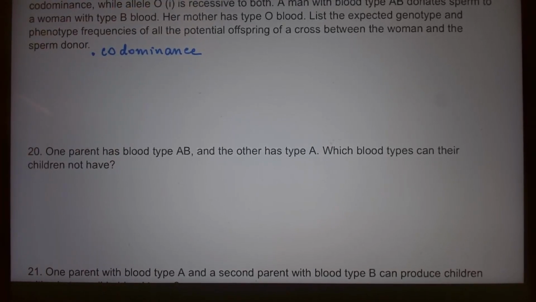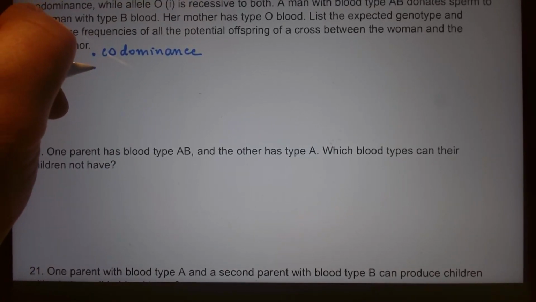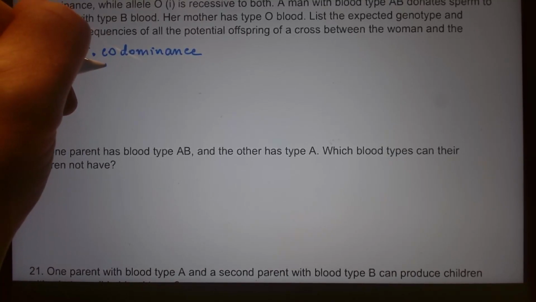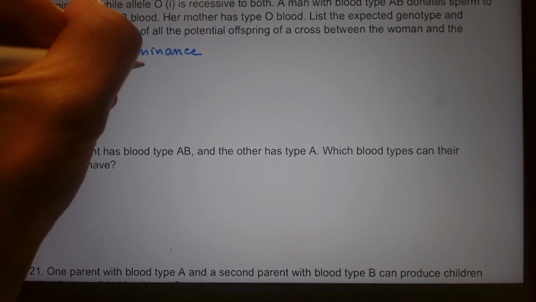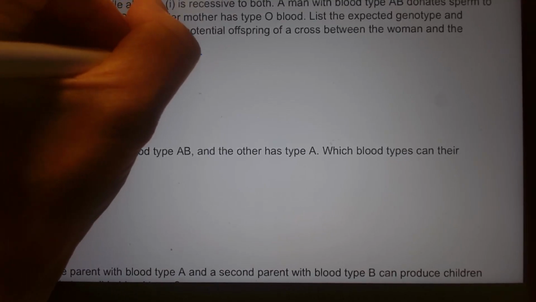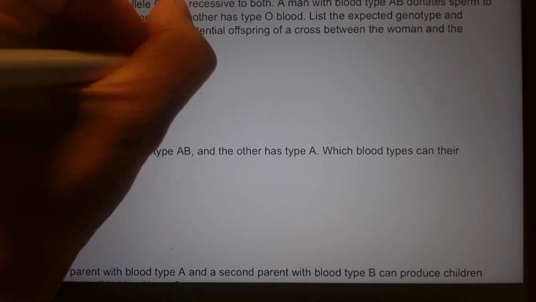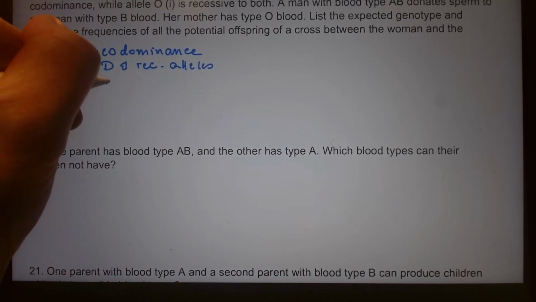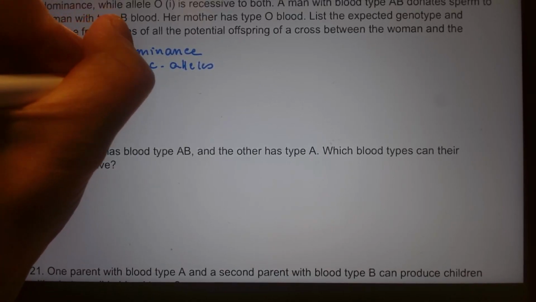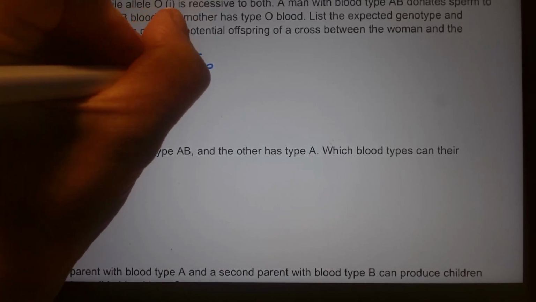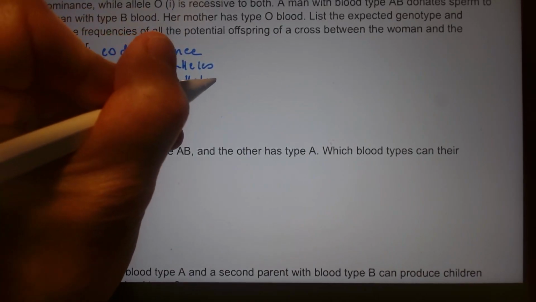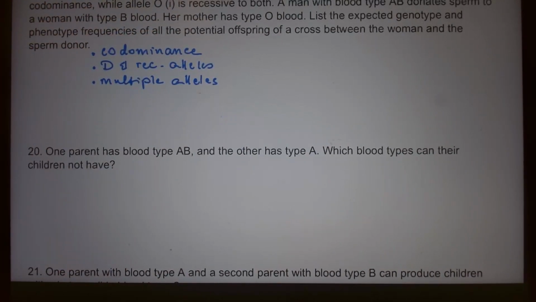Both of the alleles are present, plus we will encounter dominant and recessive alleles too, as well as multiple alleles. Oh, there's lots of stuff in here. So for multiple alleles,